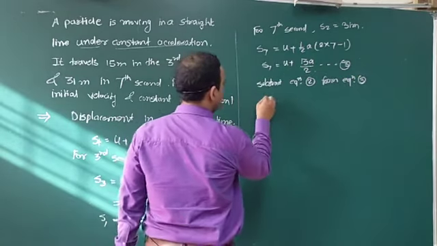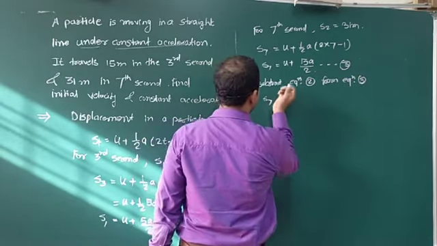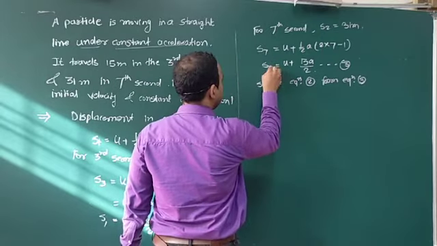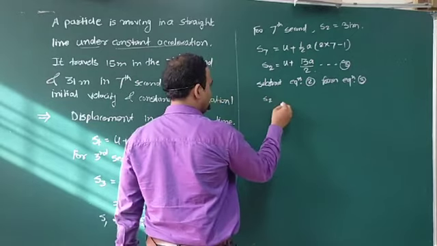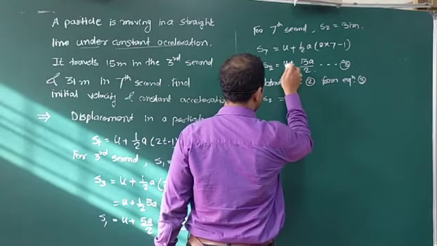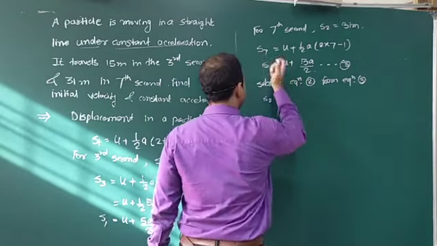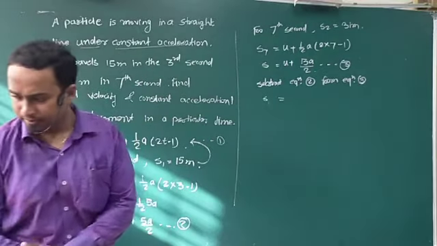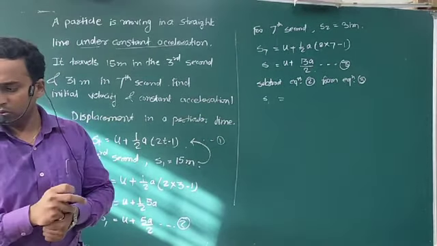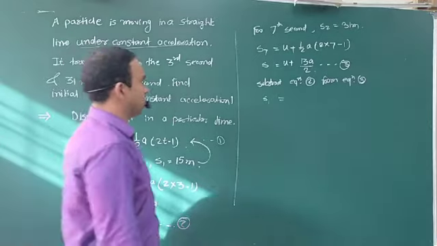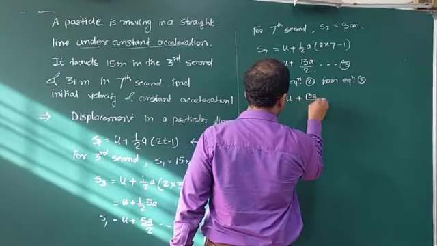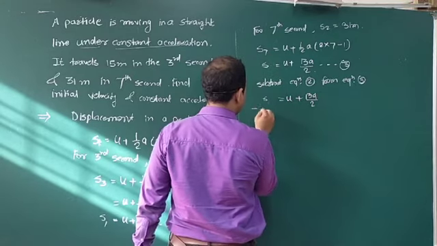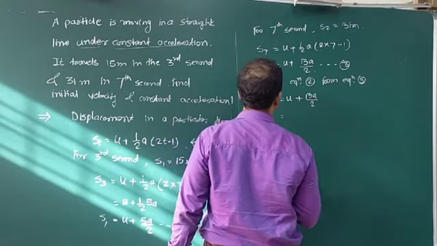So S common, we get S is equal to u plus 13a by 2 minus S is equal to